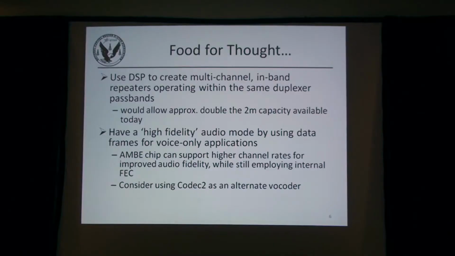Part of it is you get used to it after a while, and there is a difference between analog FM or whatever. Well, the point is, the chip that we're using today is capable of supporting higher bit rates. So maybe something we want to consider is going back in the other direction. If we were willing to go back up to, let's say, 12.5 kilohertz channel spacing instead of 6.25 kilohertz channel spacing, maybe we could support a higher bit rate and higher quality or higher fidelity audio.